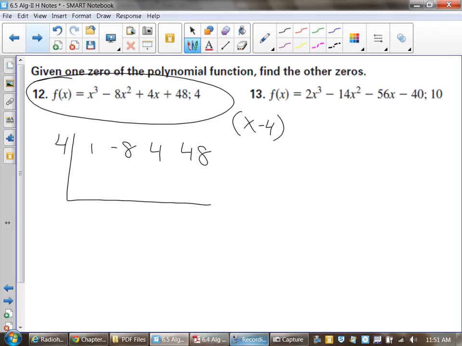What do you do first? Bring down the 1. 4 times 1 is 4, negative 8 and 4 is negative 4. 4 times negative 4 is negative 16, 48 and negative 16... and 0. So your new trinomial is